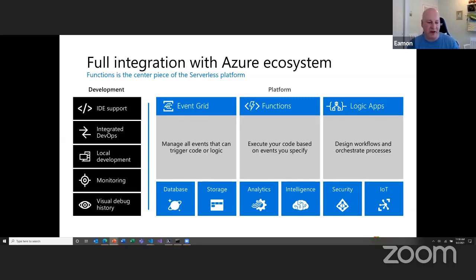The one thing you have to always think about with Azure Functions is that it is a new way of doing event-based architecture. And so you gain all of the reliability, scalability, and efficiencies of doing that, but you do have to think about how you're going to organize your application and your code to take advantage of that.